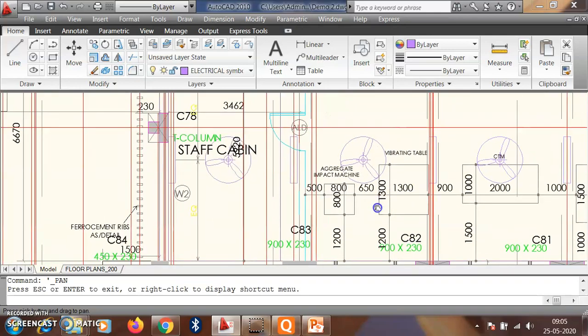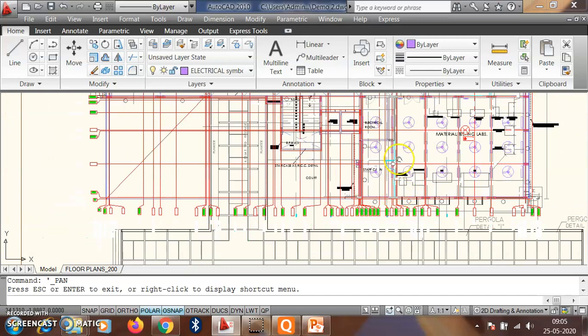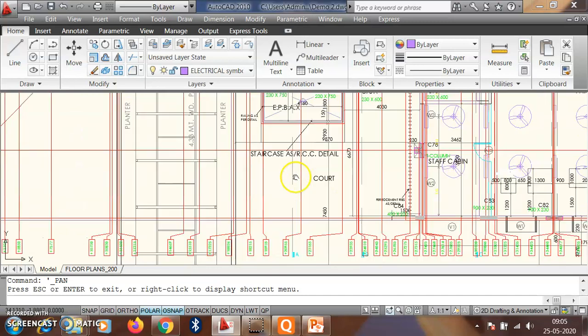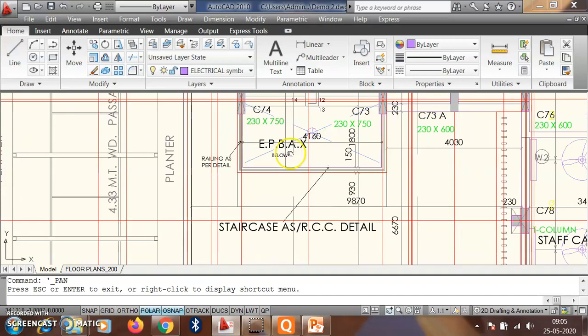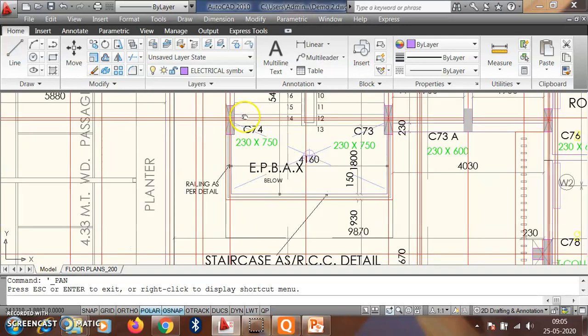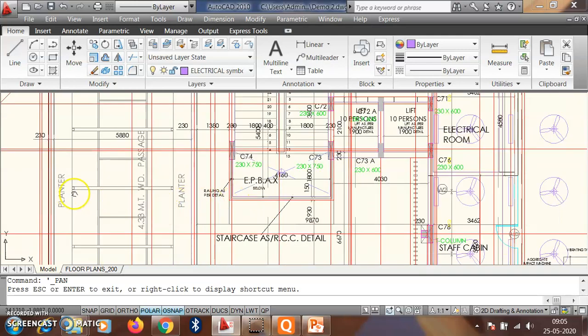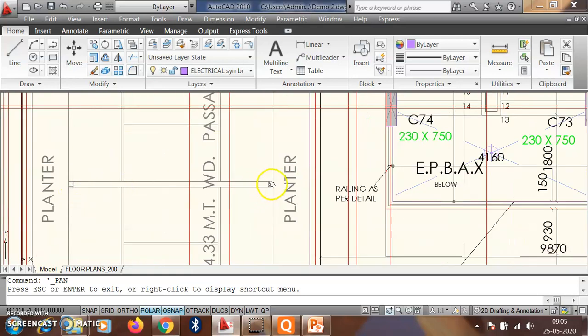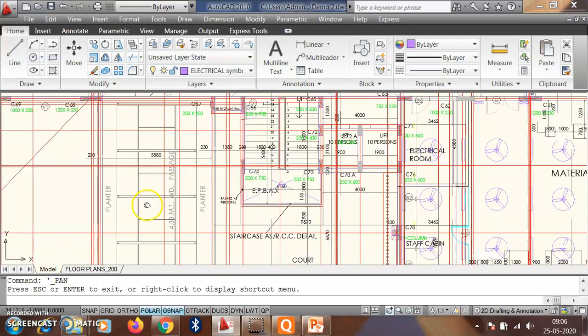Okay, then if we look at this drawing, we get these columns also. These are the columns and beams. Then walls are there.